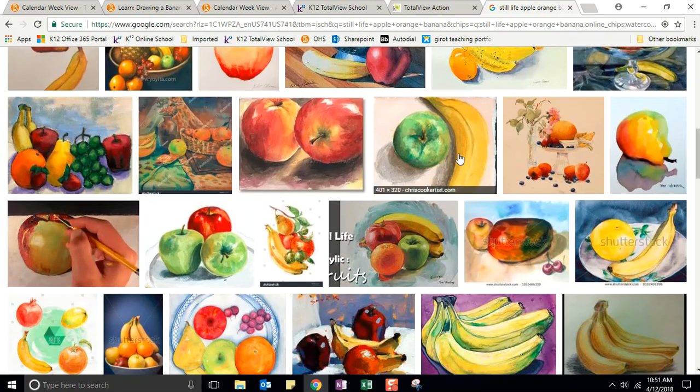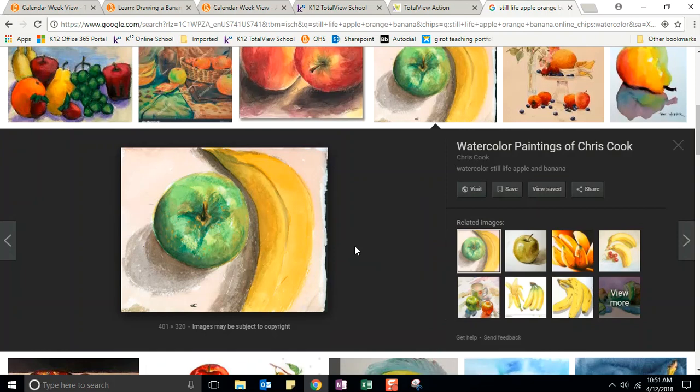Let's look at this right here. I love this one. You can see you've got some highlights up here. You even have some highlight on the banana. And look at the subtle shades. So we know this light is coming from up top because the top of the banana is the lightest area, and we even have some white here. And then you'll notice that where it's getting darker, that's where the light's not hitting as much. And we know that it's got to be coming over from the right because there's a cast shadow underneath on